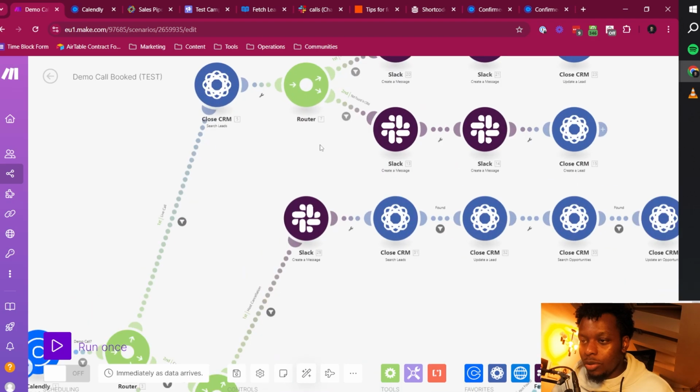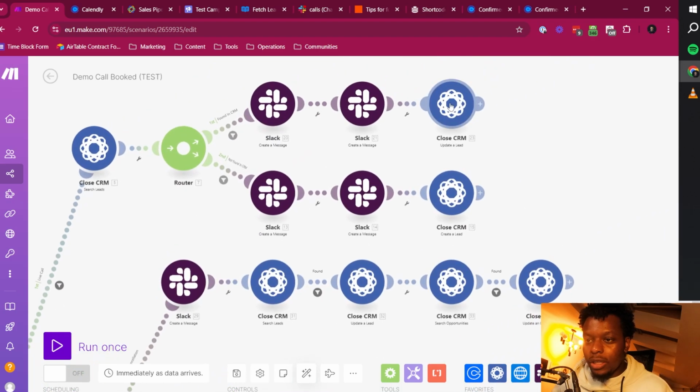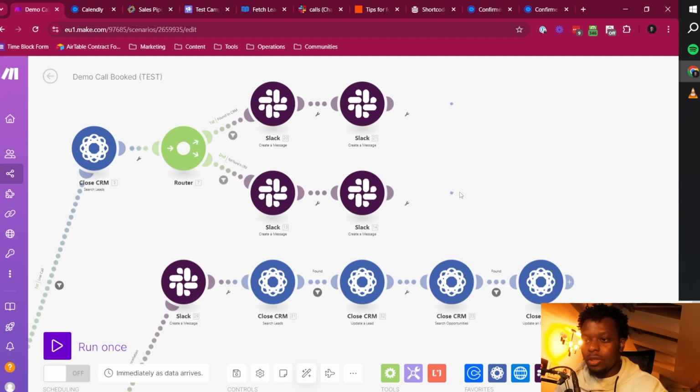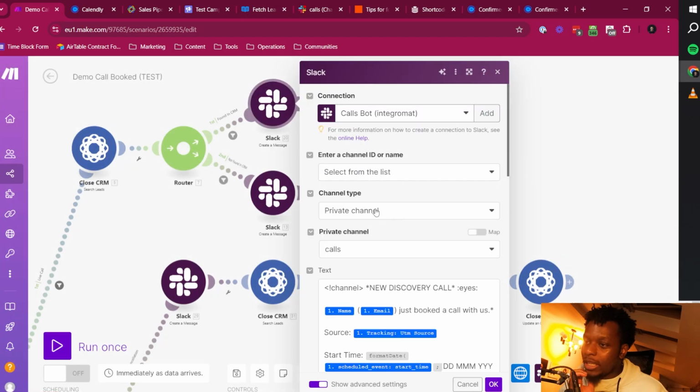And now all we need to do is remove the updating and creating of the lead because nothing has changed. All we want is a message saying that they've booked their demo call with us. And if they aren't found, we want a message that says that they've booked their demo call with us. Here were their questions from the Calendly invite, just so that you remember. So this found in CRM, we're going to delete this one, and then we're going to keep inside of the next part,